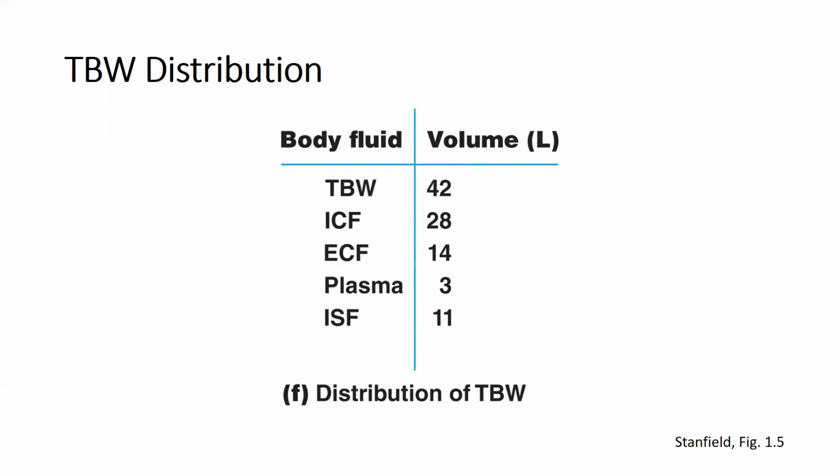And if you look further at the ECF, it's further divided into your plasma and your interstitial fluid. And again, another large chunk of that ECF is in your interstitial fluid, and a very small amount is your plasma. Okay, so the take-home message here is really understanding those proportions. A large chunk of your total body water is the fluid within your cells, and a large chunk of your extracellular fluid is the interstitial fluid, the fluid that surrounds